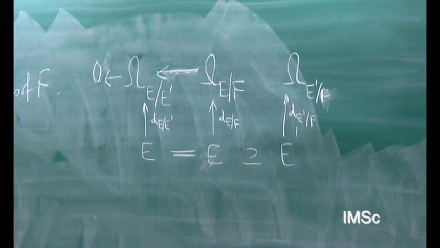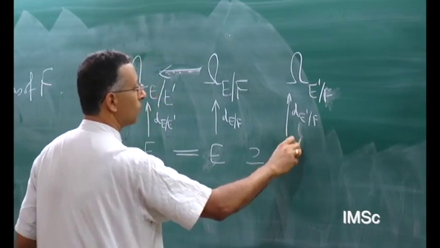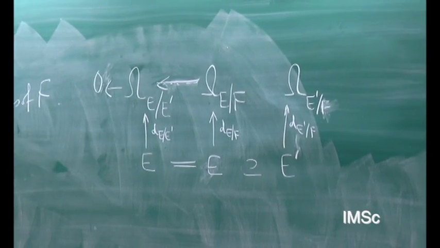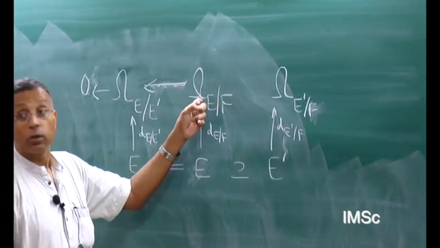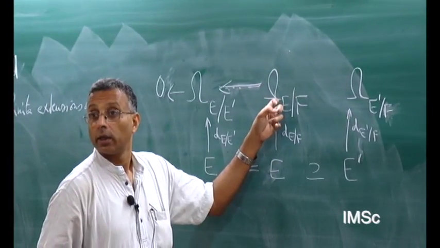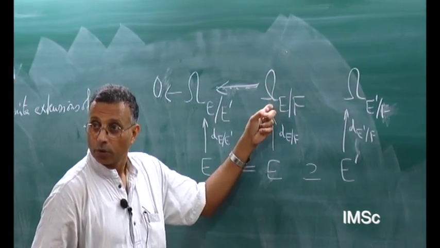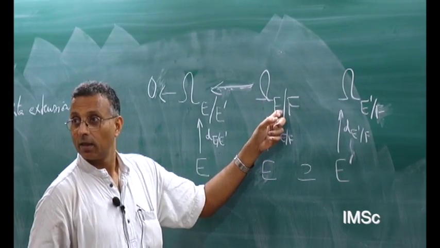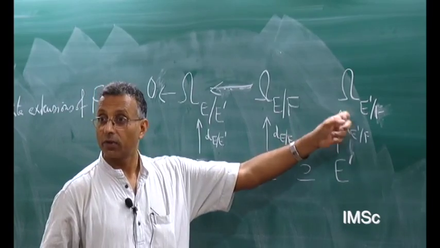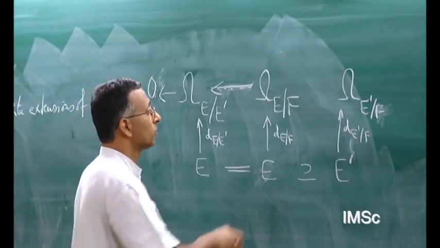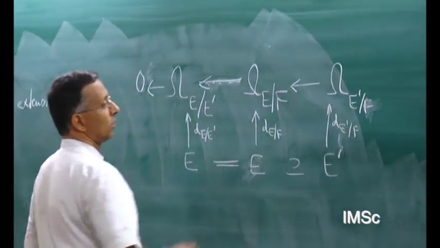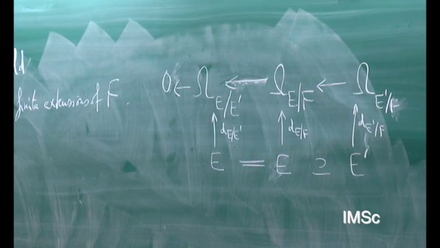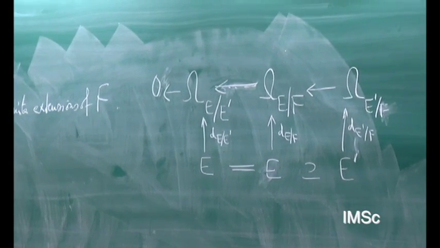So this is E prime. Right. So now this is an E module, therefore also an E prime module. This is an F derivation. Therefore, by the universal property of this, there is a map here, such that all the diagram commutes, right?